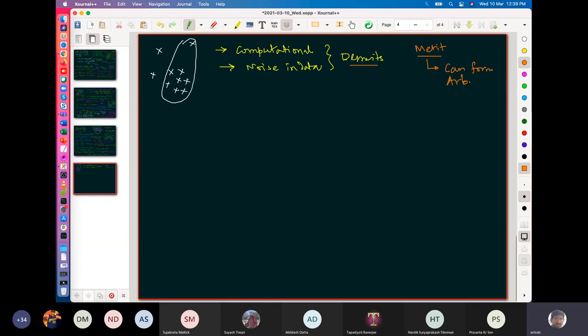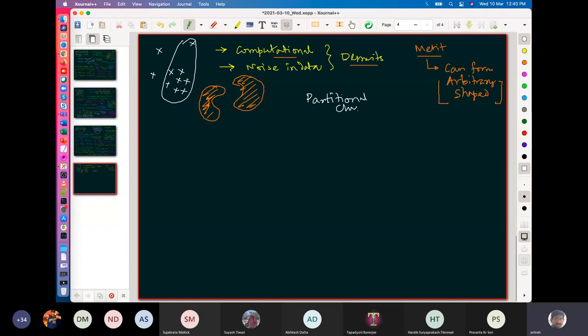It can form arbitrarily shaped clusters, because it only needs the distances to do the clustering. So even if I have clusters of this form and clusters of this form, it will easily identify the cohesion, because I am trying to see which are my nearest points and group them together. So forming arbitrarily shaped clusters is one of its advantages, but computational inefficiency is one of the major demerits. So to cater to this,